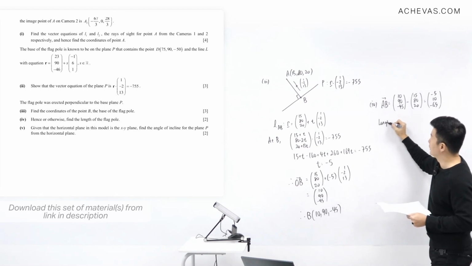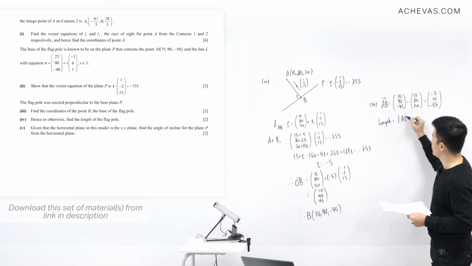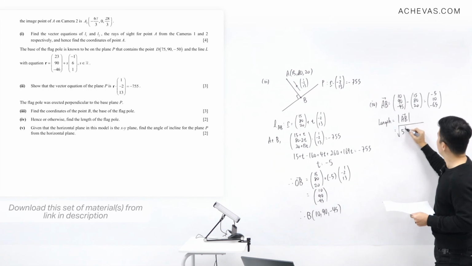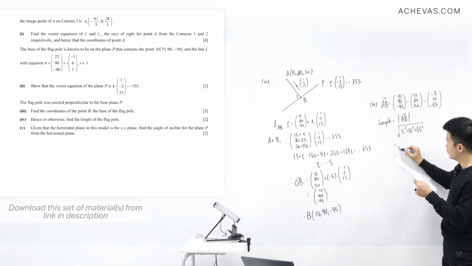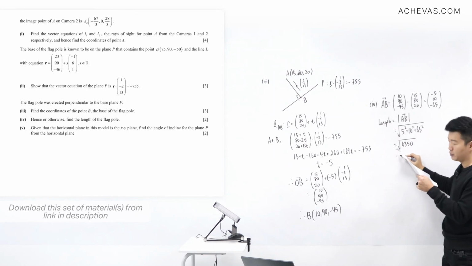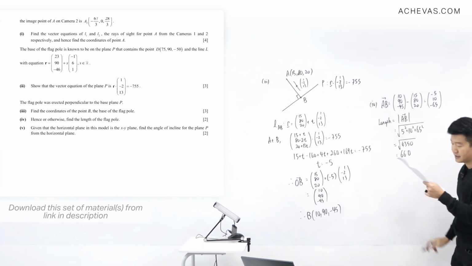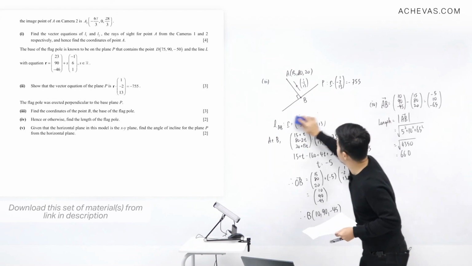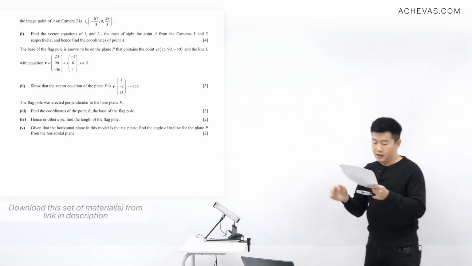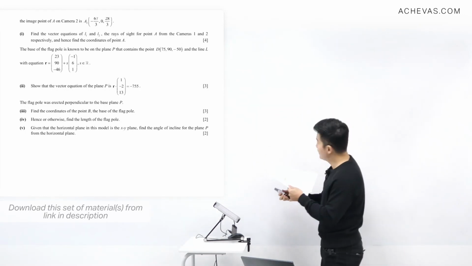So the length of the flagpole is going to be the modulus of AB. It is going to be the square root of 5 squared plus 10 squared plus 65 squared. So the length is going to be equal to the square root of, let me write it down, 4350. If you press this into the calculator, to 3 significant figures, we have 66.0. And the very last part,